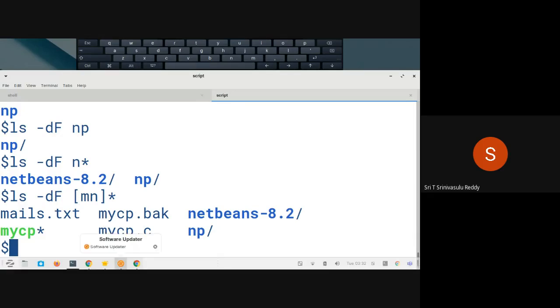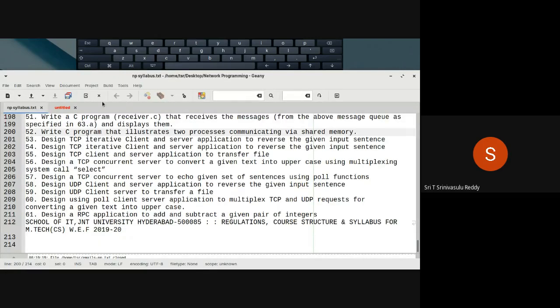Right? So that is about ls as a part of it. ls has many more options in fact, which we may come to later. All right, so this is about ls. So let us create one file, like how to create files, by using any standard editor. In this we have the Geany editor.